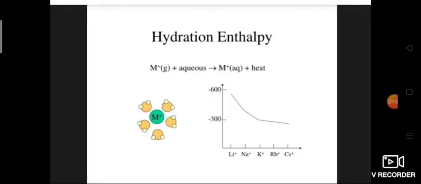When you see this order, Li+, Na+, K+, Rb+ and Cs+, cesium has the highest and lithium has the lowest mobility in aqueous solution. If you dissolve cesium and lithium in water, cesium has the highest mobility and lithium the lowest. Few water molecules form around cesium, while more water molecules are closely bound around lithium. Due to that, cesium has the highest mobility and lithium the lowest mobility in aqueous solution.